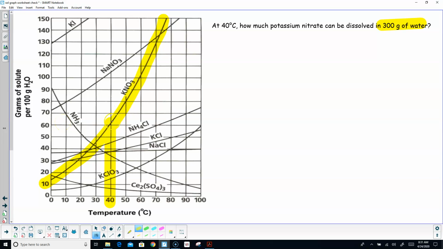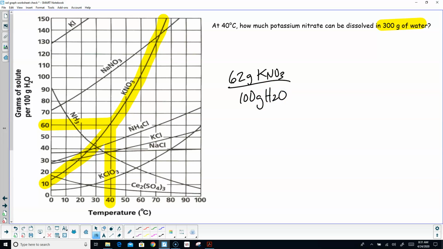At 40, there's going to be a little wiggle room because it doesn't fall exactly on the line. Let's say I think maybe there are 62 grams of potassium nitrate that dissolve in every 100 grams of water